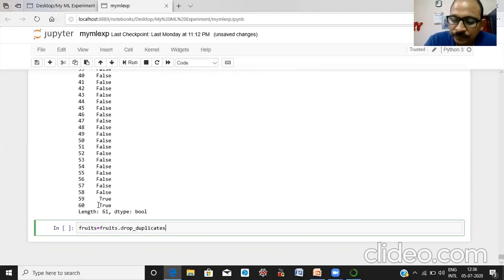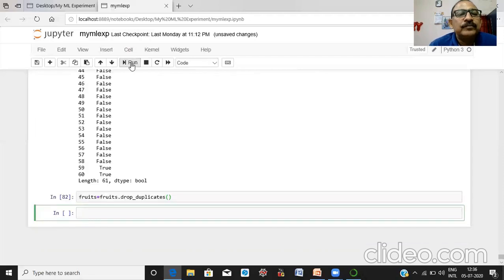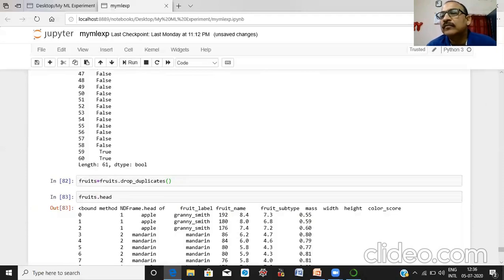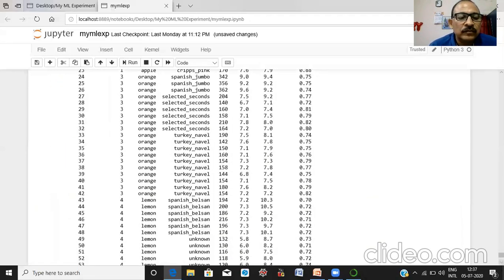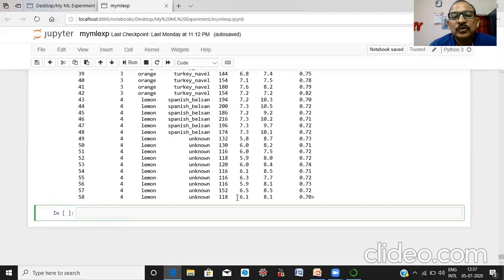Duplicates. Let us see. You can see two duplicated rows are deleted from your data frame.